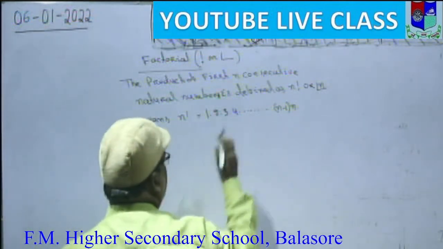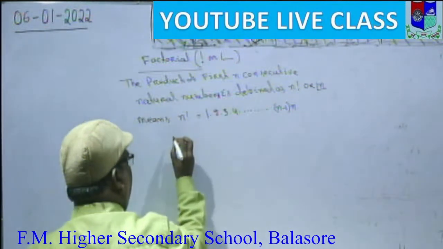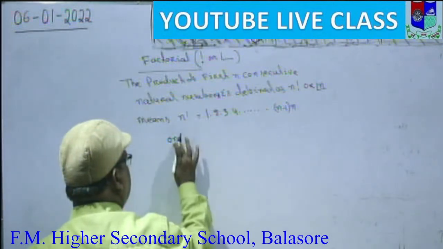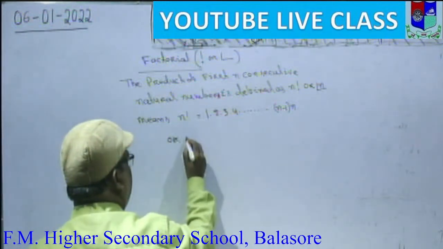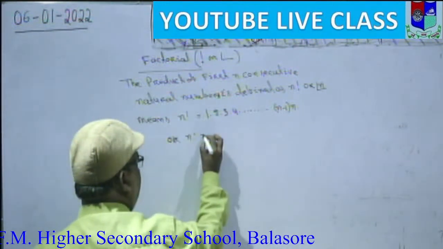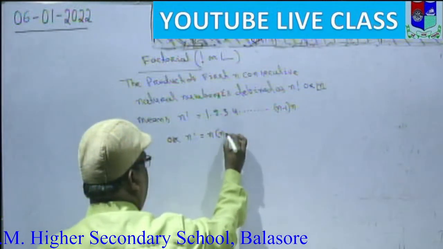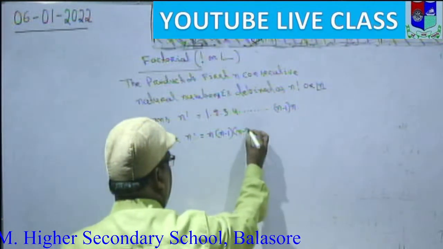So we may multiply them, or one may write also by descending order, like n, n minus 1, n minus